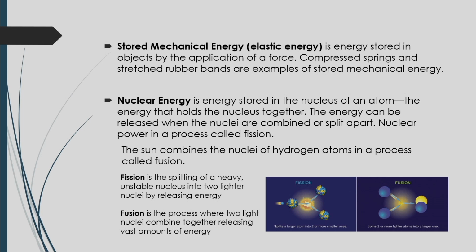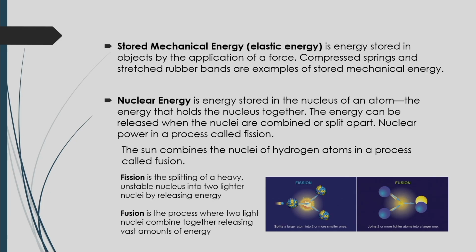The sun combines the nuclei of hydrogen atoms in a process called fusion. So, fusion is the process where two light nuclei combine together, releasing a vast amount of energy. And fission is the splitting of a heavy unstable nucleus into two lighter nuclei,